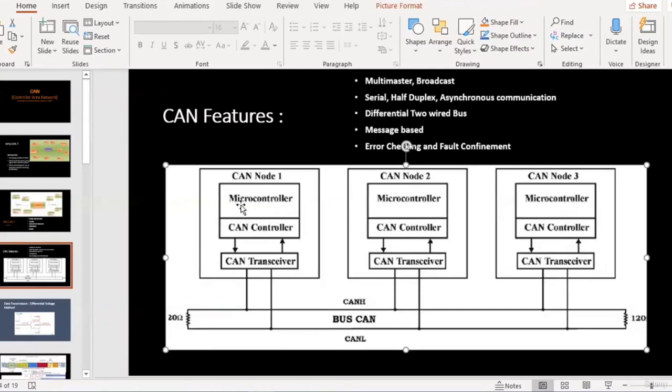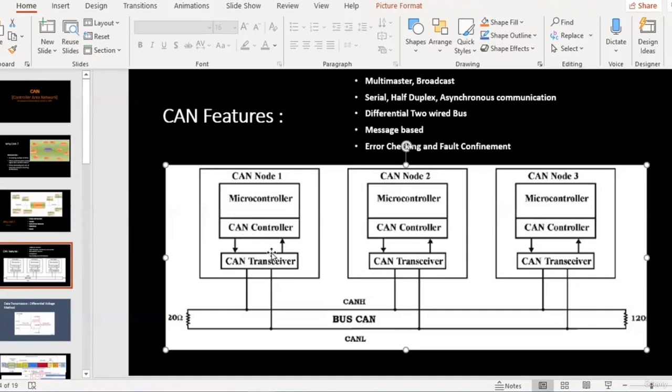The microcontroller has the application which wants to transmit data to a different ECU on the CAN line, and that data is in the form of messages. The formation of the messages is done by the CAN controller. The CAN controller is responsible for forming the messages, doing the inbuilt error detection, accepting the messages, sending and receiving the messages, and all the driver level software is controlling the CAN controller.